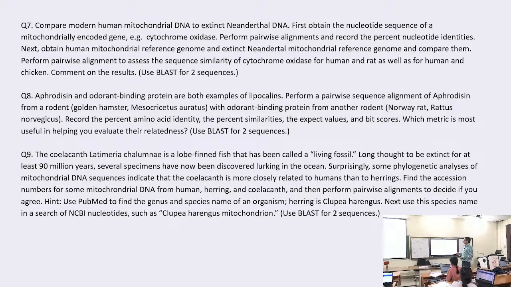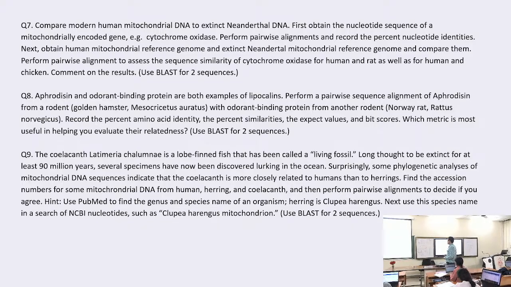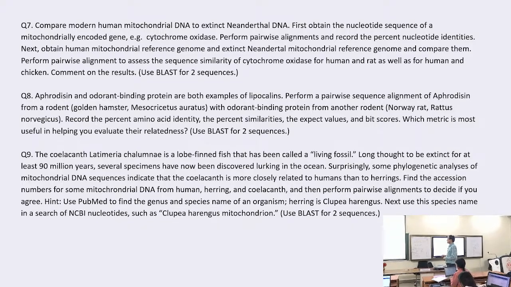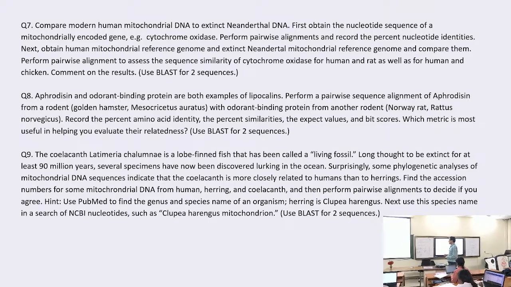Long thought to be extinct for at least 90 million years, several specimens have been discovered lurking in the ocean. Surprisingly, some phylogenetic analysis of mitochondrial DNA sequences indicates that coelacanth is more closely related to humans than to herrings. Find the accession numbers for some mitochondrial DNA from human, herring, and coelacanth, and then perform pairwise alignments to decide